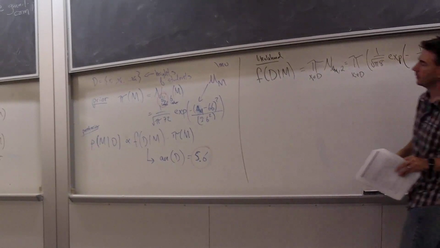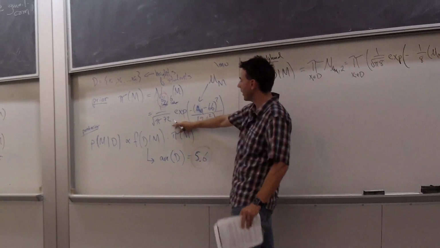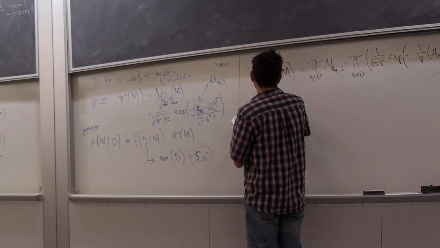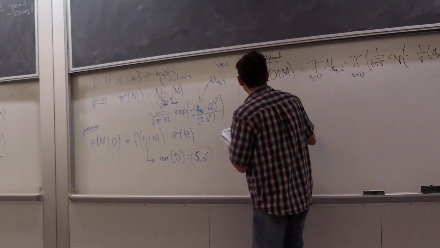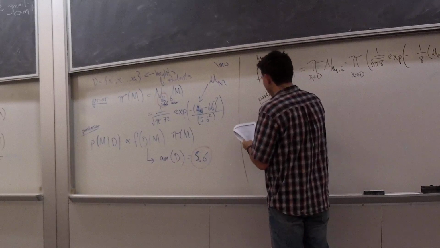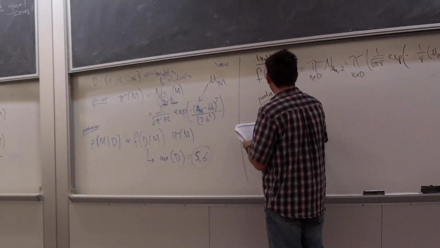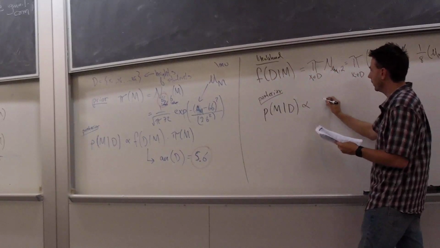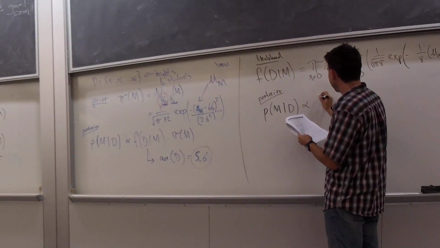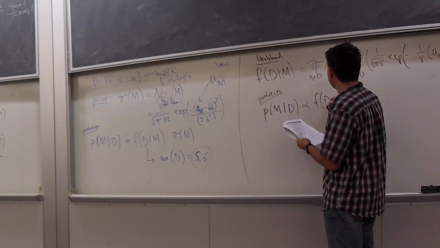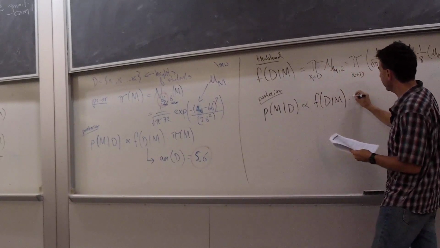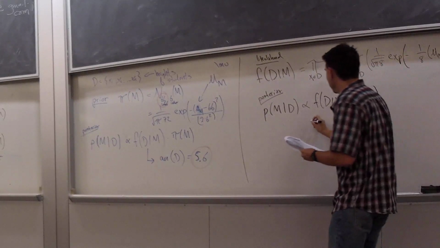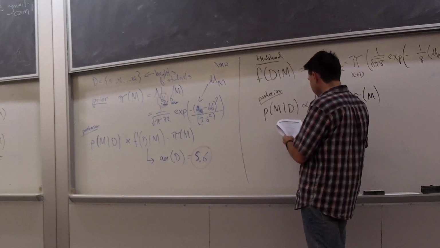Okay, and we have the prior derived from over here. So now the posterior, which is what I'm really after, is the probability of the model given the data and incorporating the prior. It is going to be f of d given m, the likelihood, times the prior, right? So this is going to be